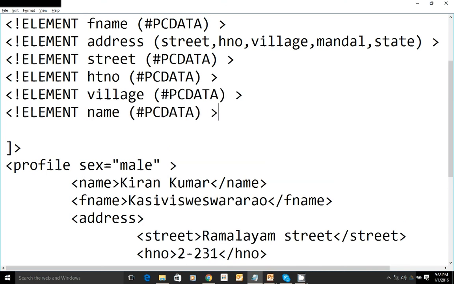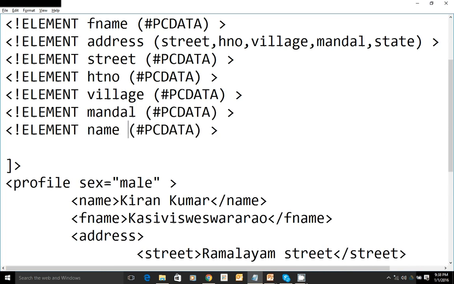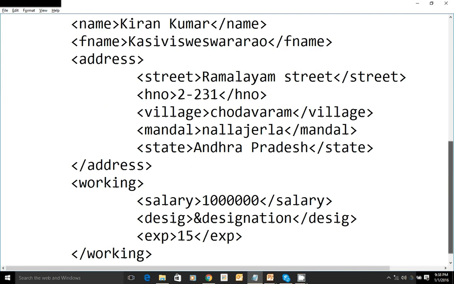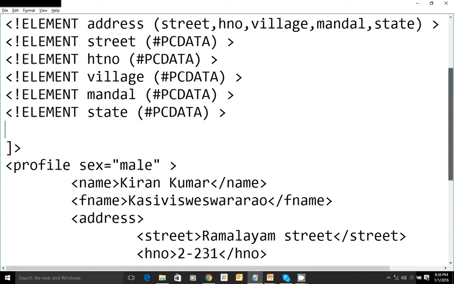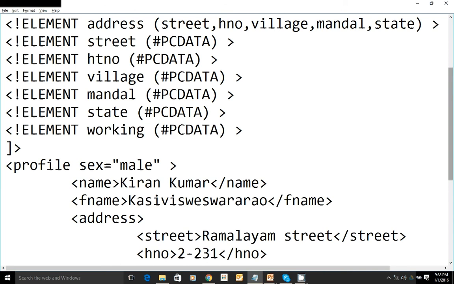Village PC data, mandal PC data, and state PC data. The next one is working. Yeah, working has three children. Okay, the children are